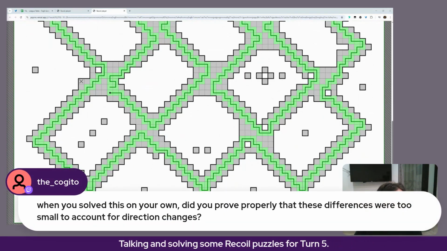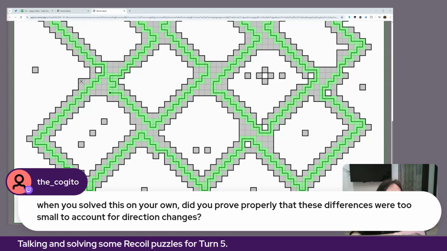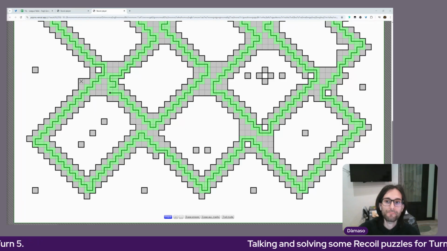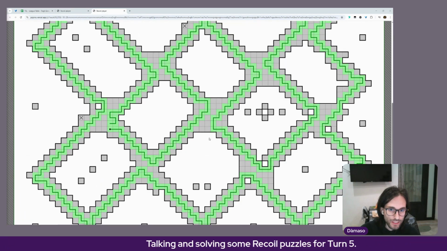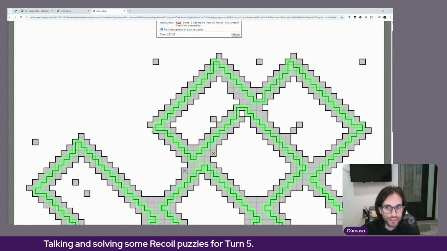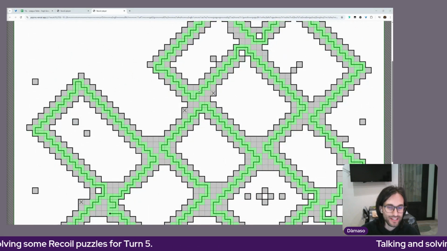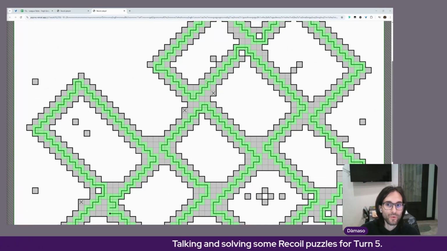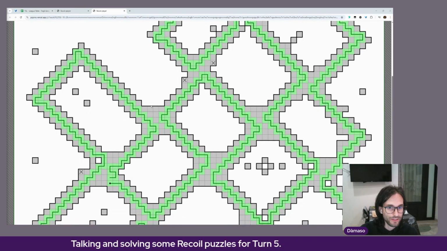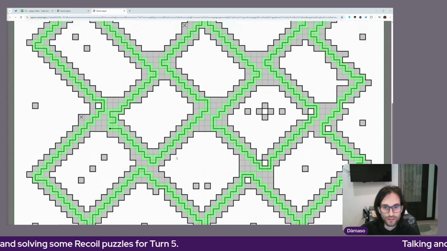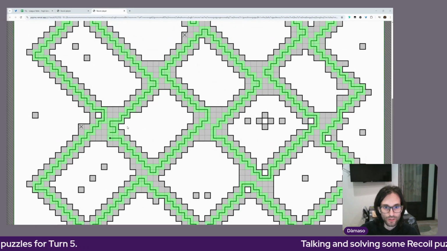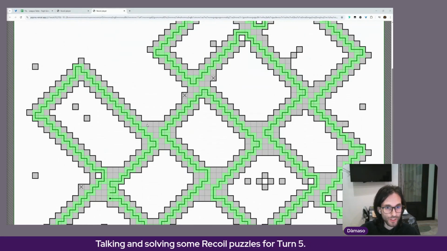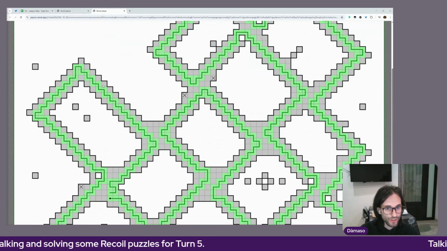When you solved this on your own, did you prove properly that these differences were too small to account for direction changes? Okay, that's what I'm trying to say. I didn't prove that for each of the branches, but as I showed in this stream, I did that in this branch, and probably in one of those two branches, that every time you use an entire row too high or too low,